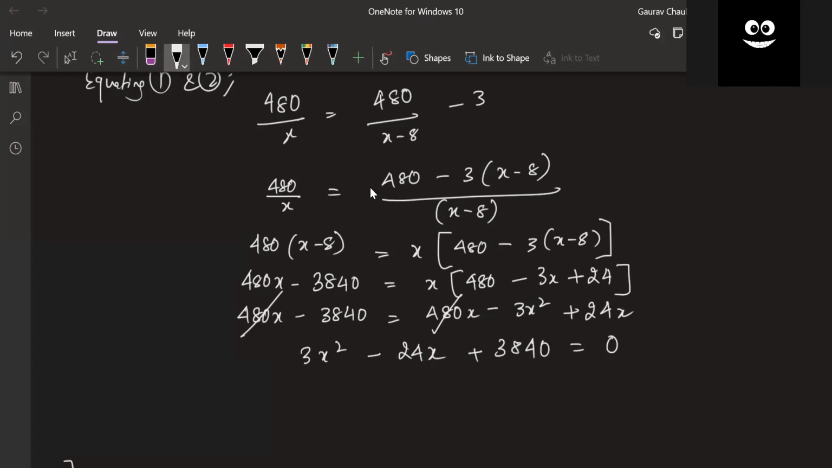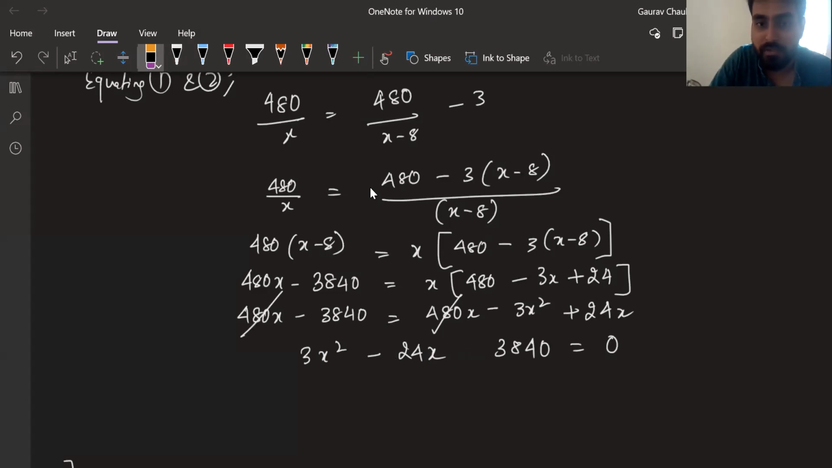Sir, how did minus 3840 become plus 3840? Oh, sorry. Mistake. You're correct, Tulsi. It's minus 3840. Okay. So now I'm going to thank you, Tulsi, for pointing that out. Now I'm going to divide this. First, let me give Riza 5. Okay. Now I'm going to divide this,